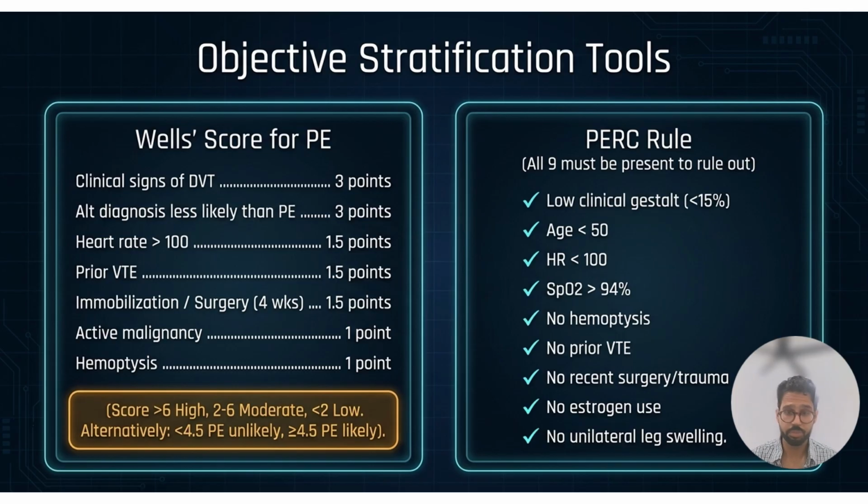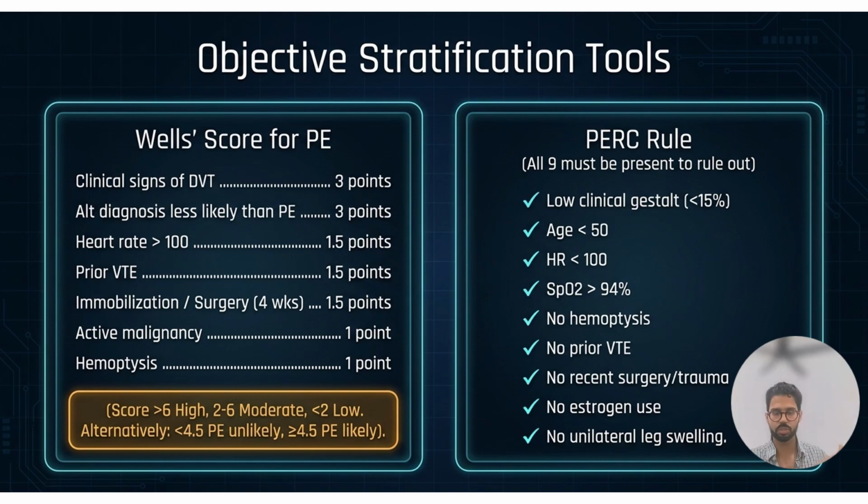Patient's young, below 50. Heart rate is less than 100, so they're not tachycardic. They're satting well, so SpO2 is greater than 94%. There's no evidence of hemoptysis. There's no prior VTE, no recent surgery or trauma, no estrogen use, no unilateral leg edema. If all 9 of these are present, remember, then we can effectively rule out a PE in your low risk